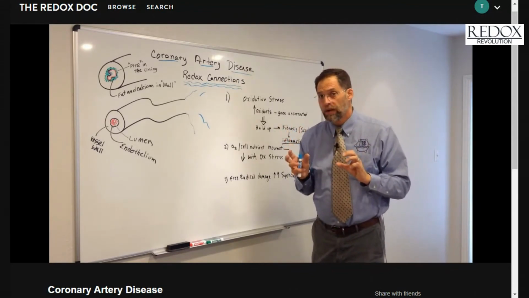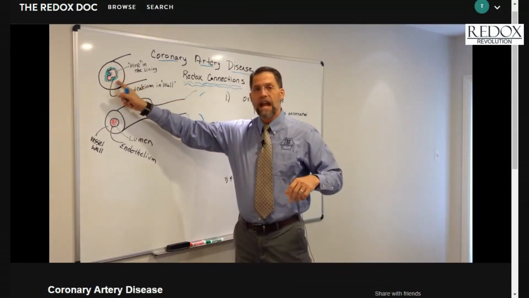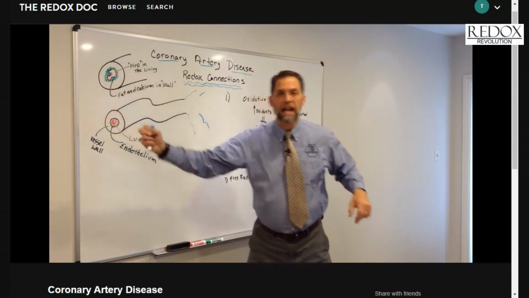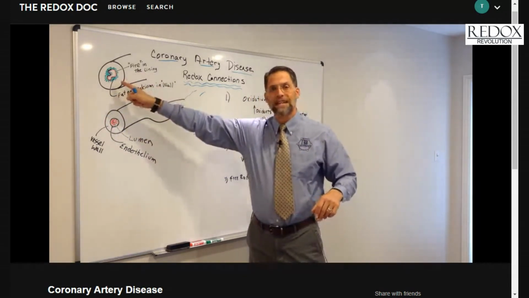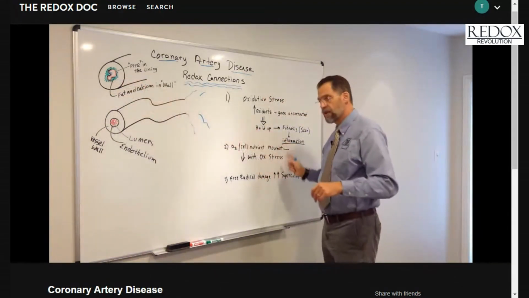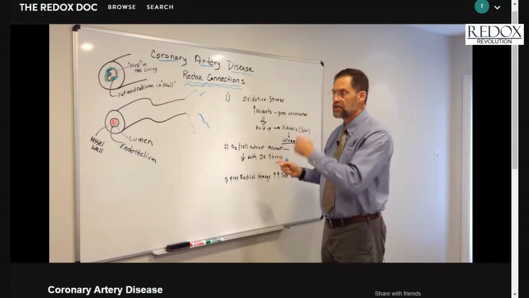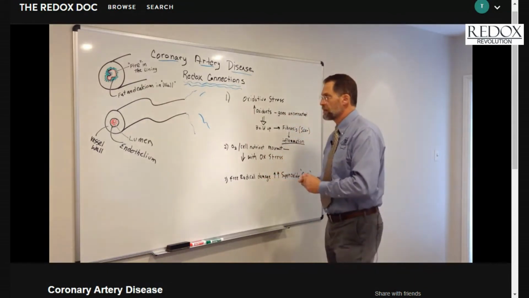And where are they going to look for it? If they're traveling around the circulation, bingo, right on the lining of the artery. And they'll take an electron right out of a cell and lead to damage that leads to that inflammation. So if we have superoxides, free radicals, traveling around in our circulation, we got a problem. So how do we neutralize these things? Number one,